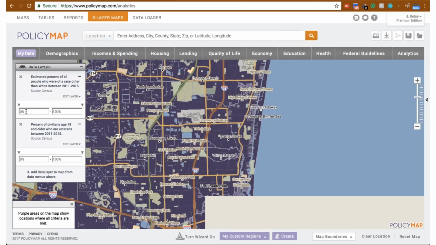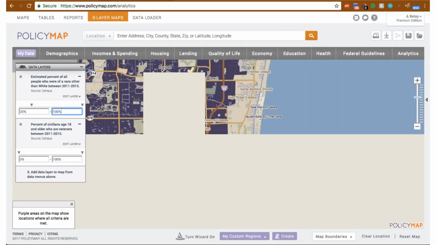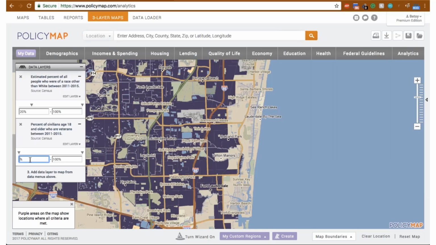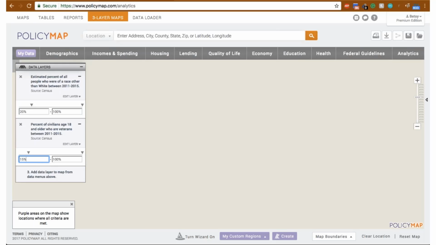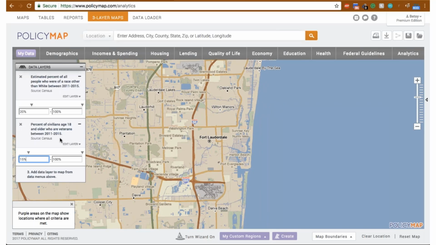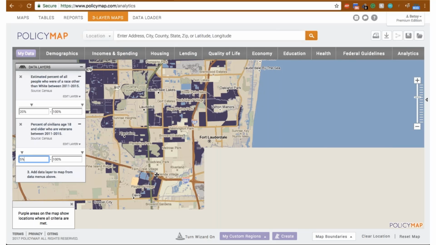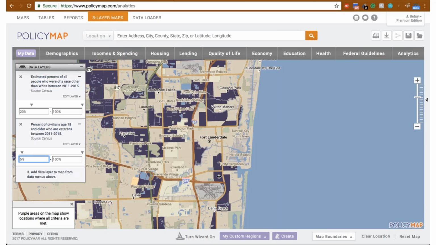And again, I can say 20%. 15%. And it looks like I found something that didn't have anything. So again, I can fool around with this, maybe 5%. And that's more helpful. So that gives you an idea. There are some really, really nice applications for